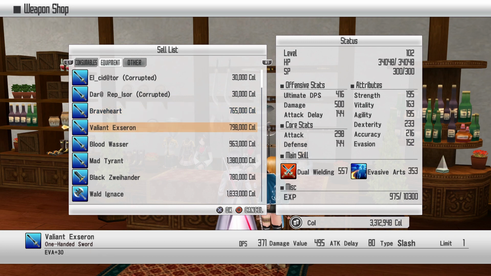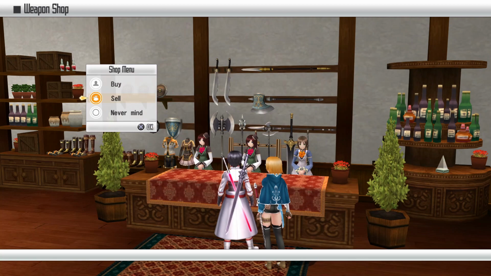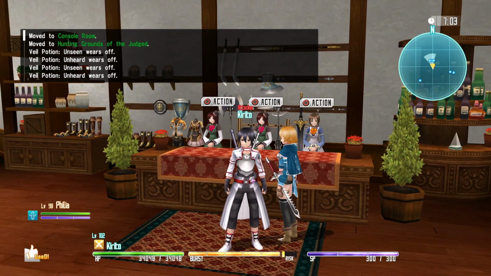But do not sell these to regular NPCs, because they will give you less money. And I will show you what I mean by that as well. So for example, this one right here, the Blood Weiser, you can see that it's selling for 963,000 from this weapon shop vendor. So real quick, we're going to switch back to single player, and we're going to go visit